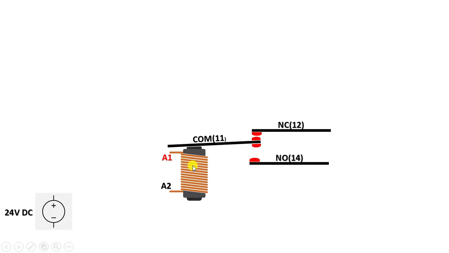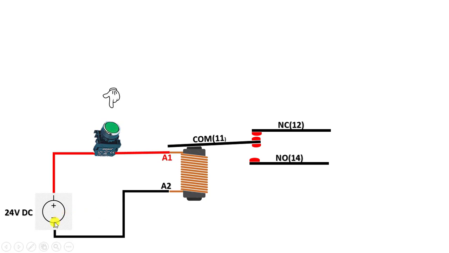I placed it like this, and the coil of the relay. We can use a start button to control the energy that will go. If necessary to make connections later, I connected the DC power supply's plus to the start button. I also connect the start button to the A1 leg of the coil. I also provide the connection from the A2 leg of the coil to the end of my power supply, friends. This is to provide the necessary power to my relay coil and to the control circuit I drew